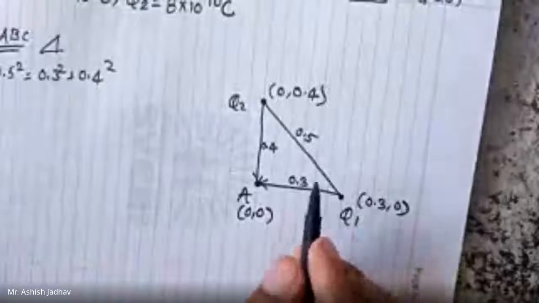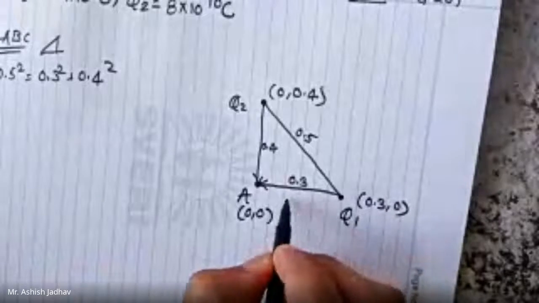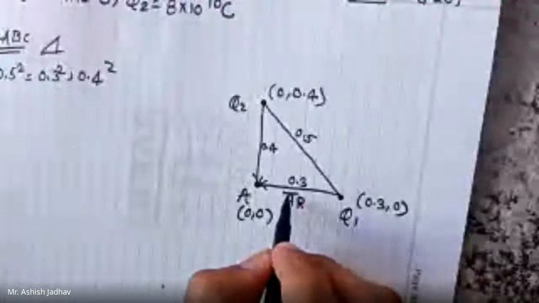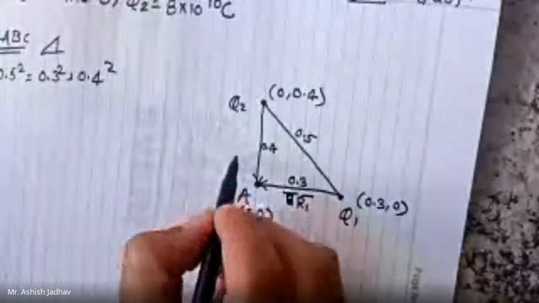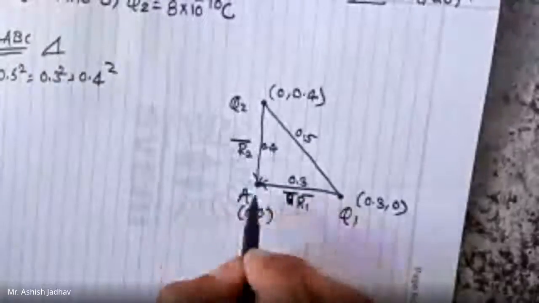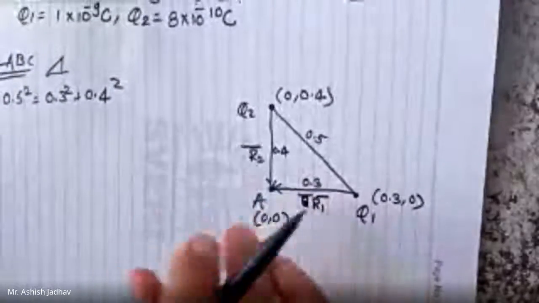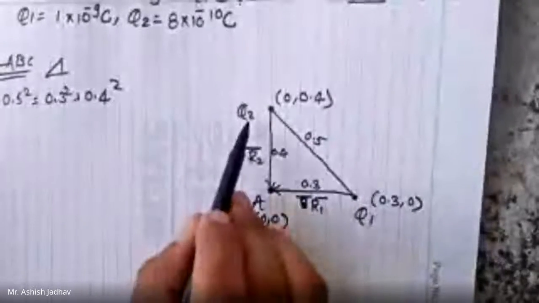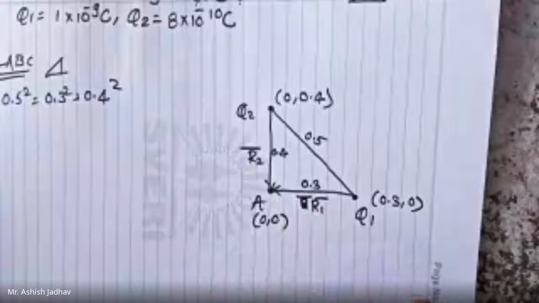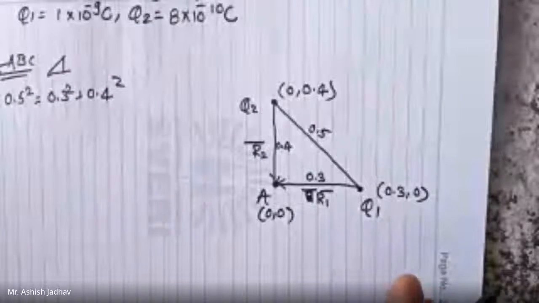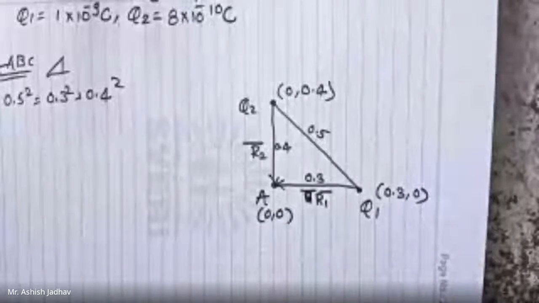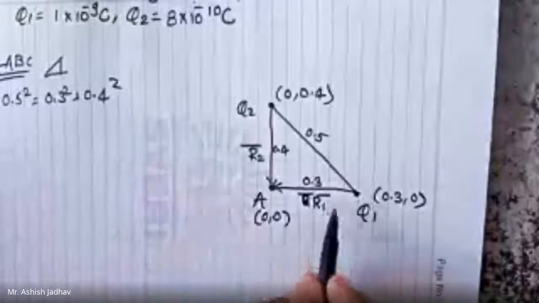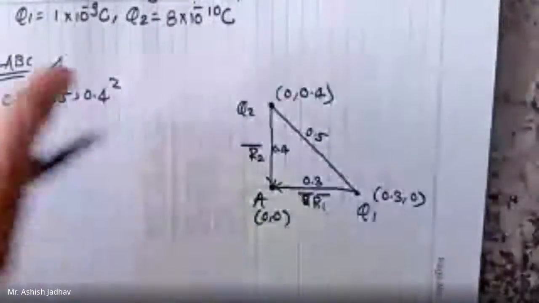Now we are able to find the vectors, because we require the vector r1 bar and the vector r2 bar. Those two vectors are required to be calculated. Then and only then we can calculate E1 because of Q1 and E2 because of Q2. Then we will add those two electric field intensities and obtain the answer. So if you understood, you can proceed to solve the example. Otherwise, follow me. First, you need to find the vector, as I told you the steps.